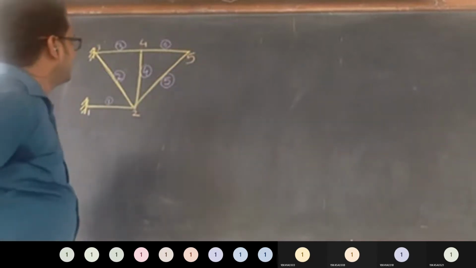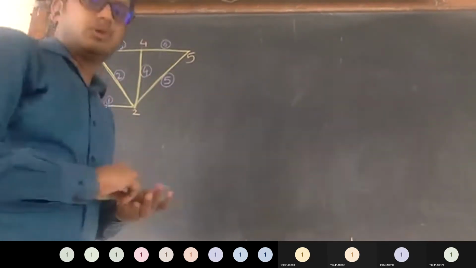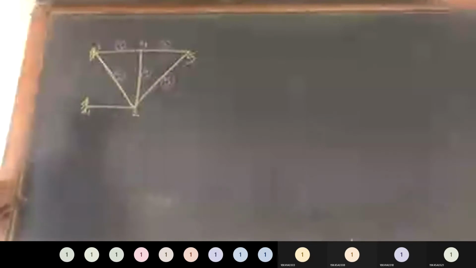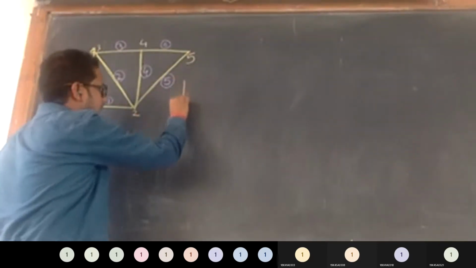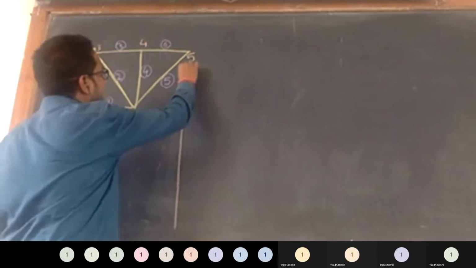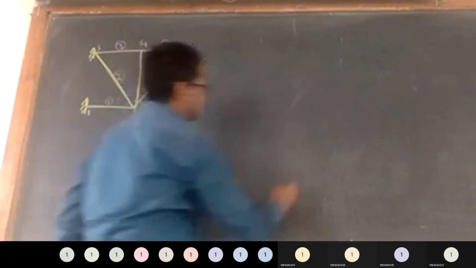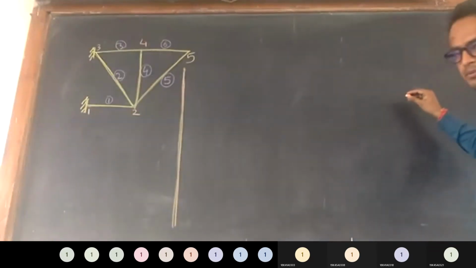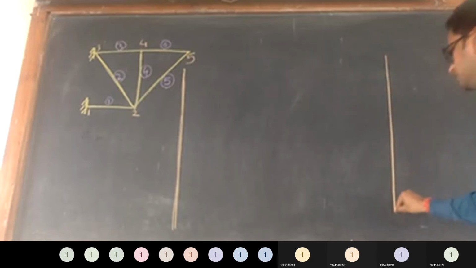I am assuming that you people have calculated your individual stiffness matrices. And now I am going to write here that global stiffness matrix, on this side, up to where it is visible. Yeah, let me take it up to this location.